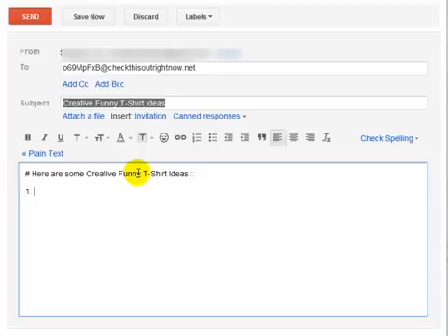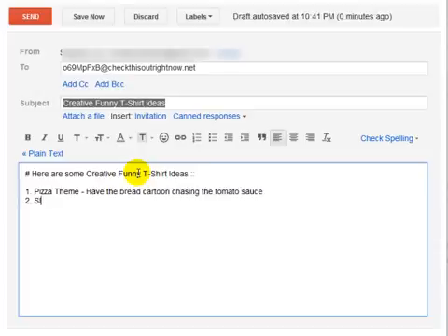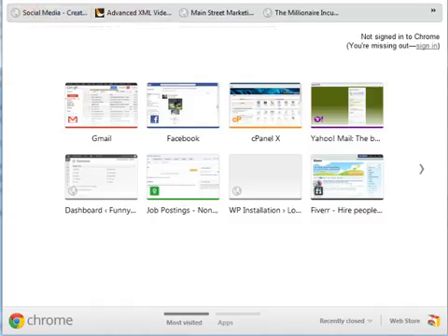I can say number 1, pizza theme, slug theme, have a salt shaker, chasing a slug. Now, if you want to bold a certain text, you're going to need to put 2 stars before it and 2 stars after. So if we do that here and here, and we click on send, the next thing you'll need to do